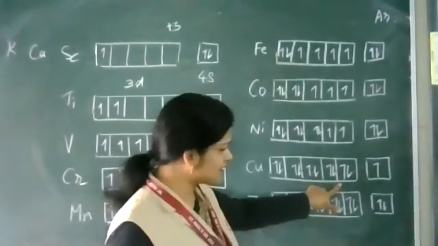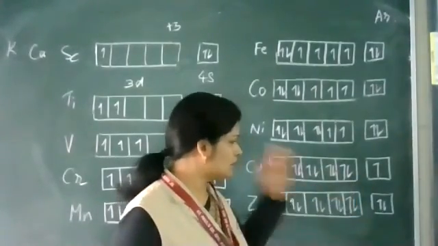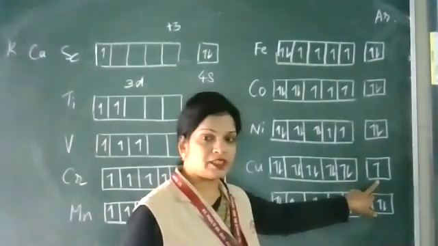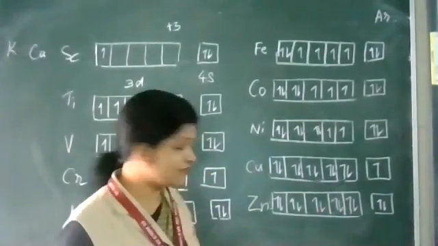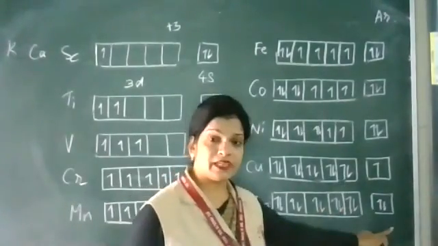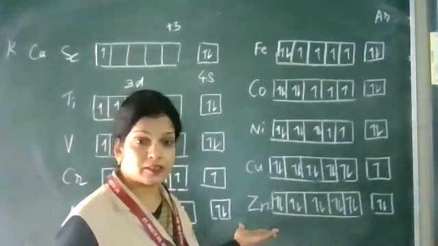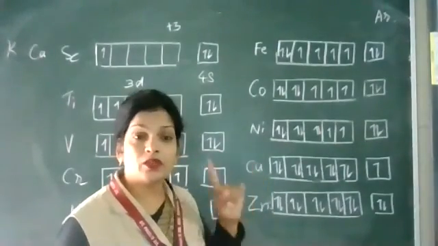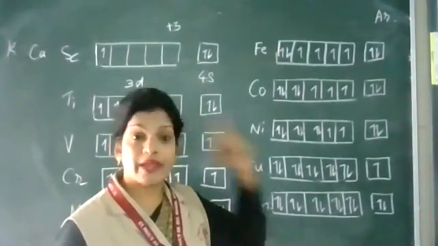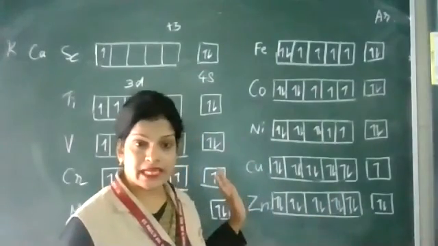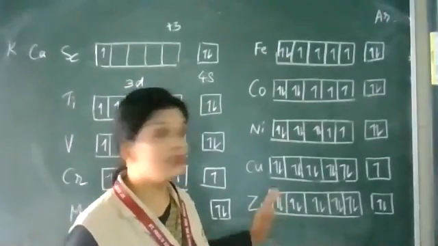Now here, the second ionization energy of copper is very high, because +1 is easy, but to remove one electron from the d10 configuration for +2 is very difficult. Zinc +2 is very easy, because after losing those two electrons, you get d10 stability. In the case of transition elements, it is the stability of d only; in the case of f block, the stability of f only. So here, don't look at the s. These are d block elements, and all the characteristic properties are based on the d orbitals.